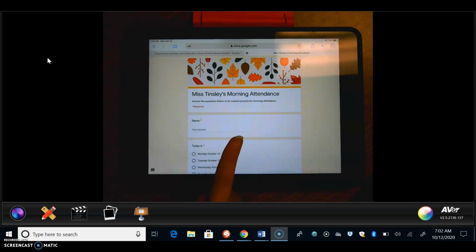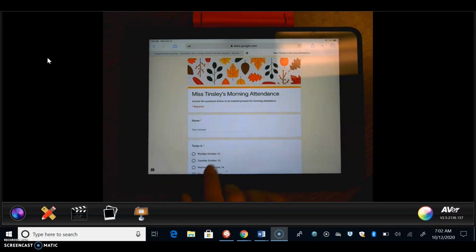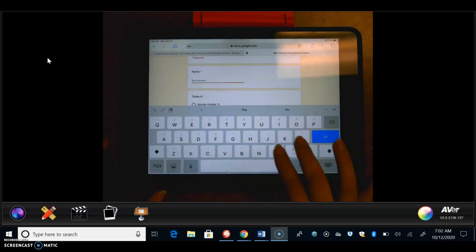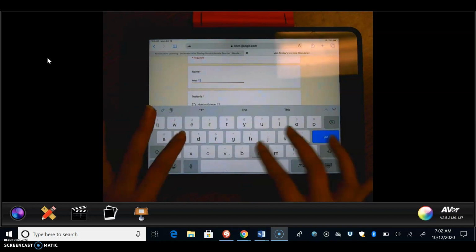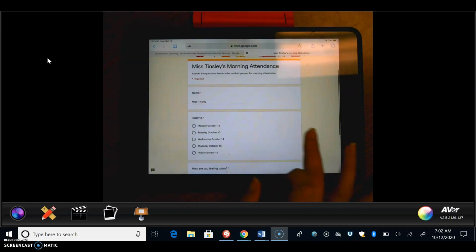Answer the questions below to be marked present for morning attendance. Okay, so this little red asterisk means required. So you need to type your name. So I would write Miss Tinsley. And I'm going to put my keyboard down. So I have my name, because if you don't put your name, then I can't tell who to mark present